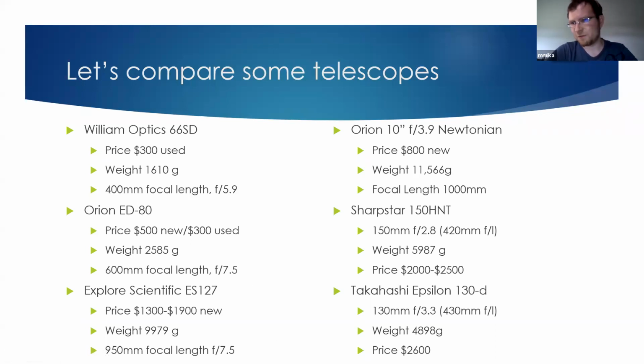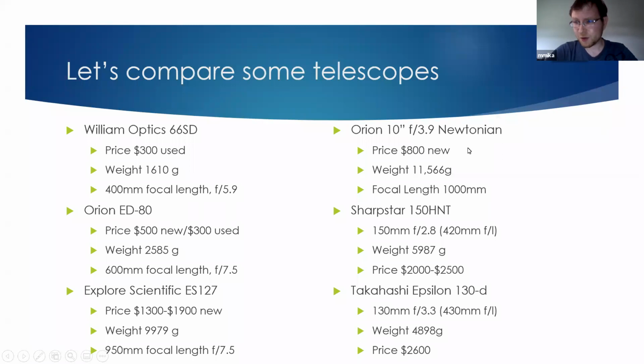Okay, so let's say you want a faster scope. The ones on the right are going to be on the faster end of telescopes. These are all going to be mirror telescopes. They're going to be reflectors, which come with their own issues like collimation and coma. You don't get chromatic aberration though. You'll see that they're much, much heavier than any of those camera lenses, so you're going to need to worry about a much bigger mount. They're generally also a little more expensive, except for something like an Orion Newtonian, but again, the weight for that